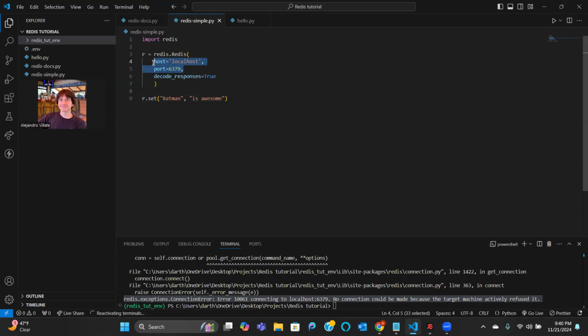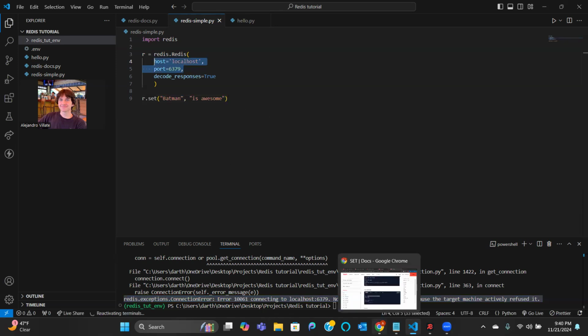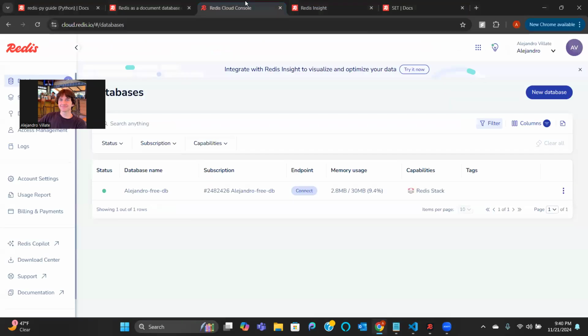So that's why we set up our Redis cloud. Of course, if you wanted to do it locally, you could probably Google and follow documentation to figure out how to do that. But the way I'm going to do it here is through Redis cloud. So we're going to have to change some of these parameters. So if you go back to the Redis Cloud portal, or whatever you want to call it, the Redis Cloud console, this page when you set up your Redis Cloud online, and click into your database,